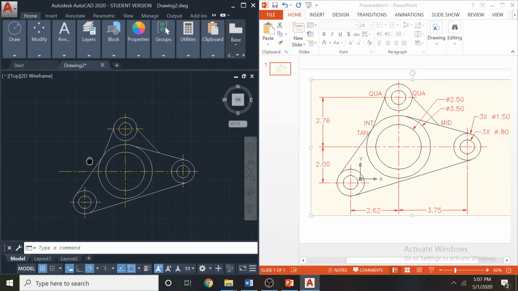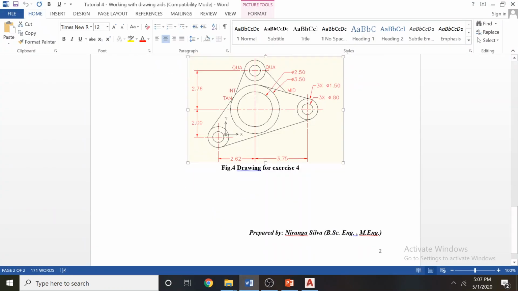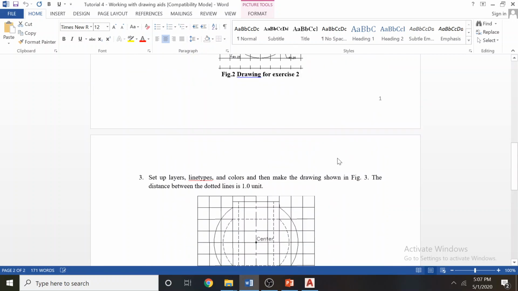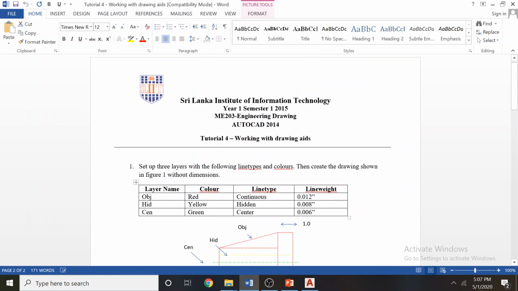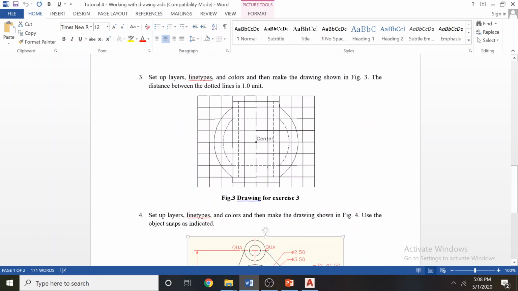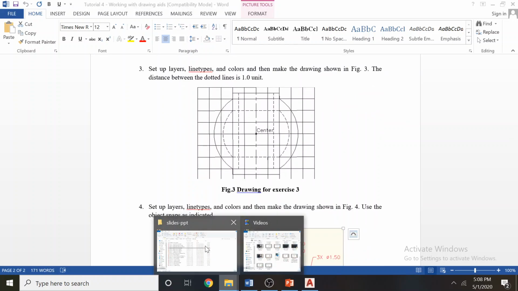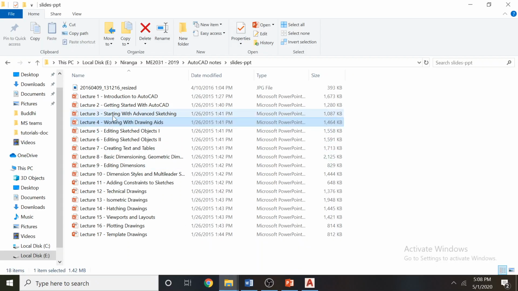Now we have created the layers. We use the offset tool and some snap tools in this drawing. So you can also try this at home, and if you have any questions you can ask. The arc theory I haven't done, so we have to start the arc theory also, and still I am in chapters 3, 4 and 5. So the next lesson is also based on 3, 4 and 5.